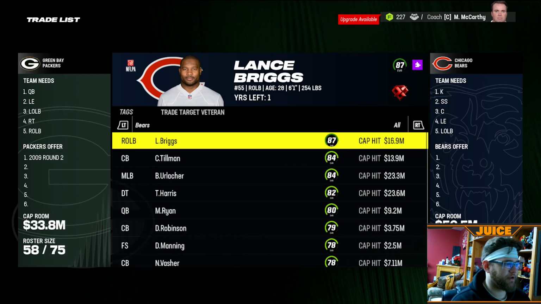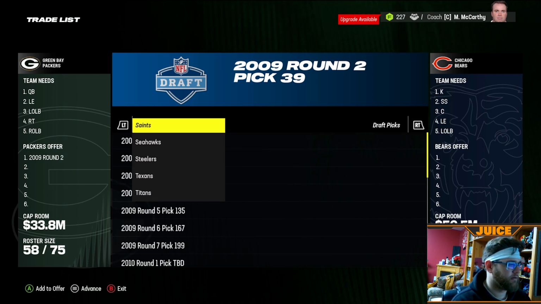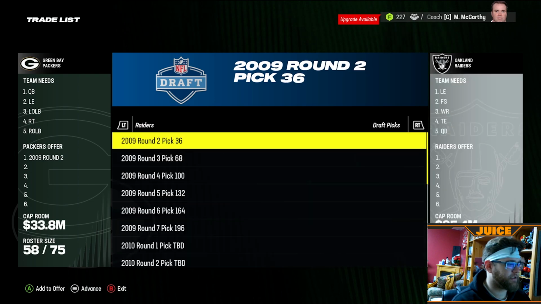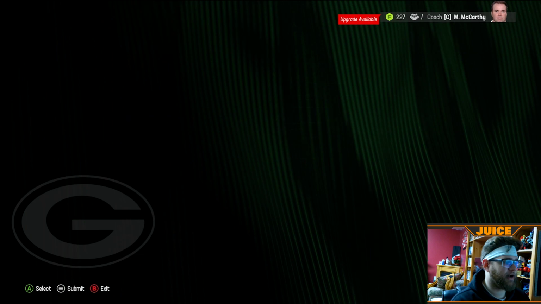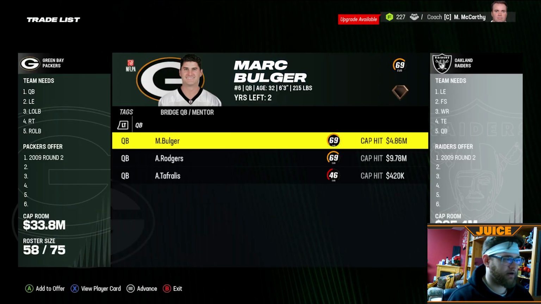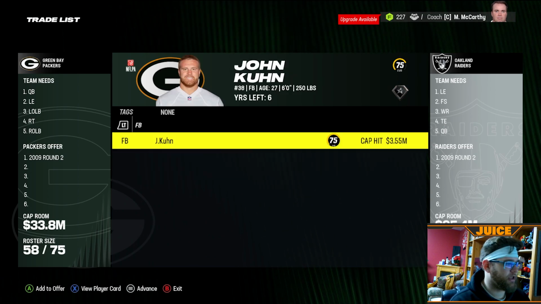So trading up from pick 48 to pick 39. Is that even where I need to... We need to go to the Raiders. What do the Raiders have? The Raiders have pick 36. Is this even going to be possible? It's going to be very possible. Okay. But I don't want to give up another pick. I want to give up another player. So I'll give them...